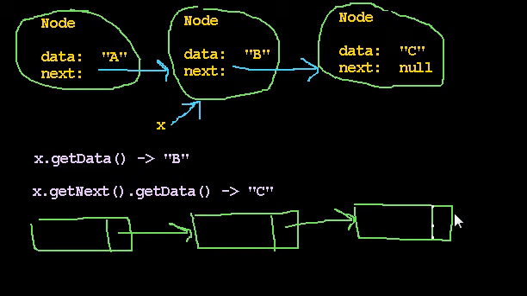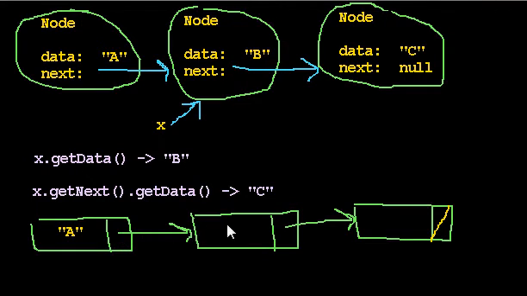So let's see. Oh, and we indicate the null value by putting a slash through the last box. Okay, so think of each of these boxes as representing one of these node objects, and a node stores two things, a data value and a next, and we'll always put the data value in the first part of the box. So that would be, in this case, A, and we'll put the next in the second part of the box,